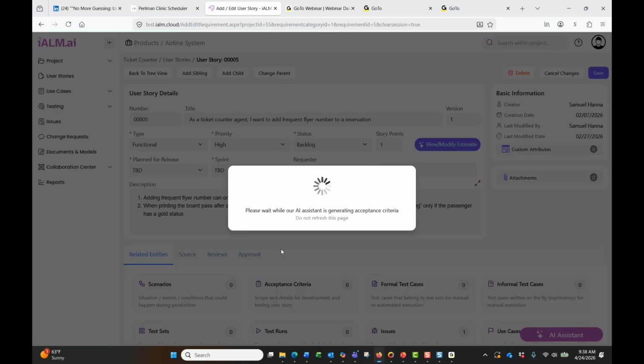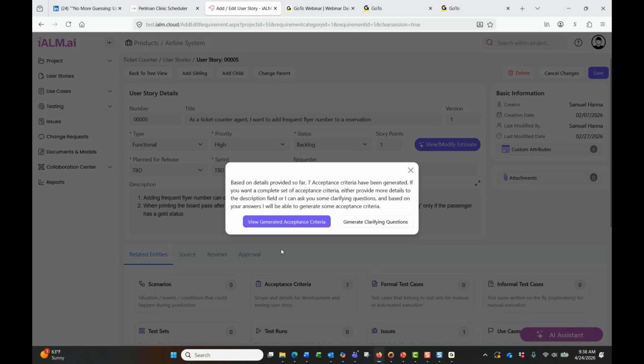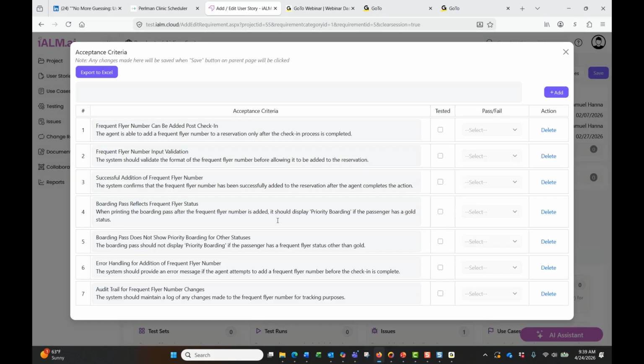Okay, we understand that they're not going to be complete. Okay, it says I created 7 acceptance criteria just based on what I have, based on the details provided. But it continues to say if you want a complete set of acceptance criteria, either provide more details to the description, because you might go back and say, okay, I think we have more details to add to the description, or allow me to ask clarifying questions. And based on the answer, okay, so let's view generated acceptance criteria here. There are 7. So let me close that